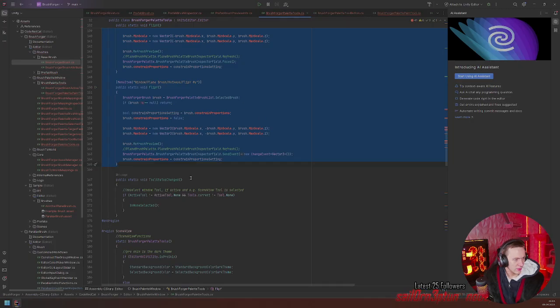Actually, there's a lot of things just for the tools. It would make sense to give the preferred brush a tool subclass.